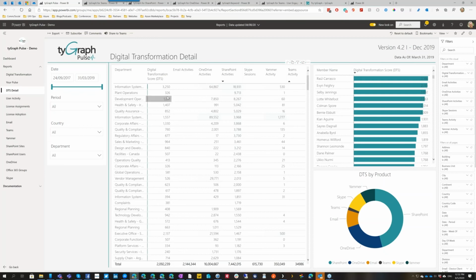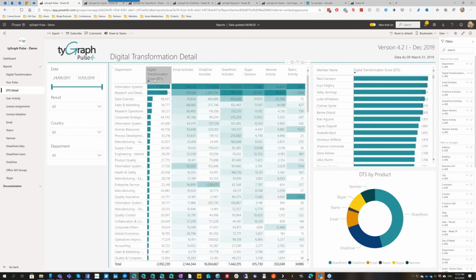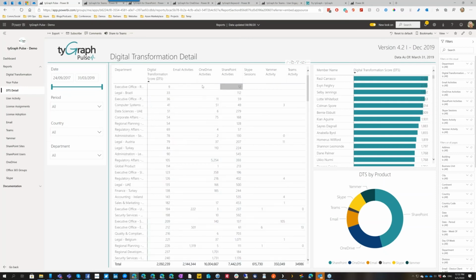And surprisingly, they're not using a lot of email. But we might want to get them to switch to using a little more of Teams, or sharing their documents via Teams. Now, this also begs the question. I've got users, let's go back to sorting on the digital transformation score negatively. We've got users who aren't using much, and that begs the question, are we paying for things that we're not using? Let's go down over here to the license